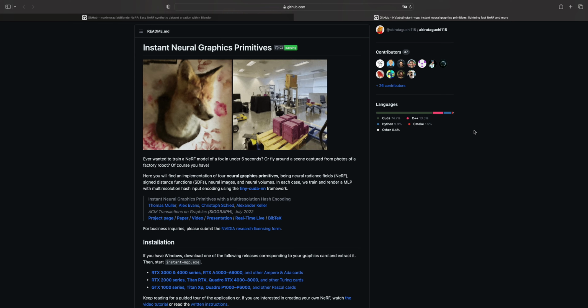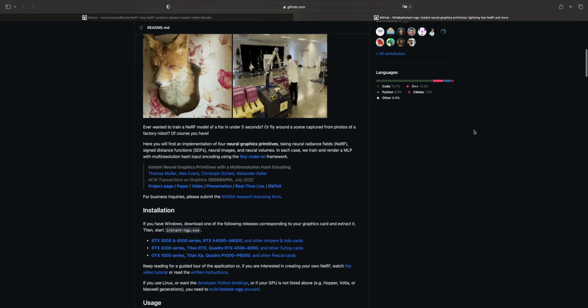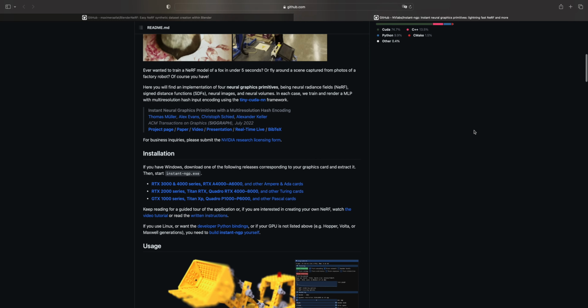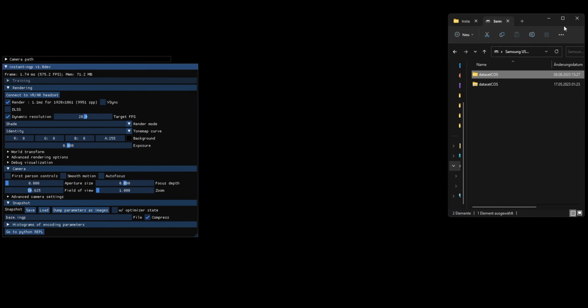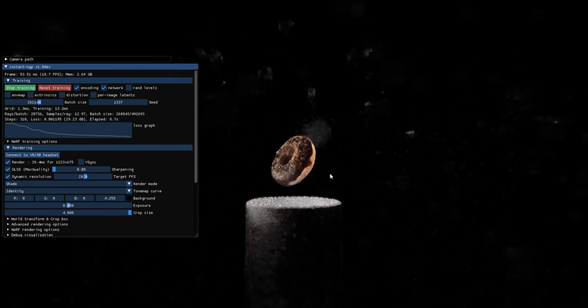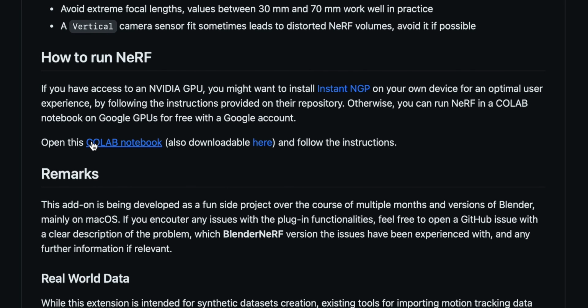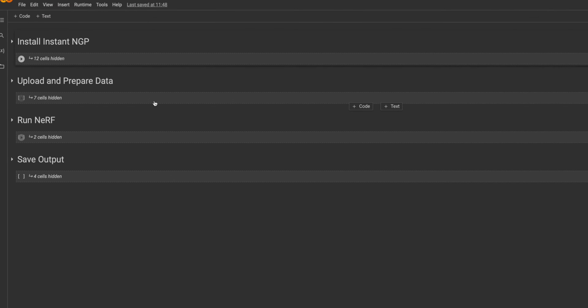Moving on to the second part of the tutorial, I will now demonstrate how to train a NeRF using Google Colab. If you possess an NVIDIA GPU at home, you can directly install Instant NGP on your local machine by following the steps on the GitHub page or by following a tutorial. This will give you access to a more user-friendly interface in which you can just drag and drop your training data. But for anyone else, or if you're just interested, you can just follow along and run Instant NGP on Colab. For this, you will want to visit this link, it will be linked in the description, and log in with your Google account if not already.